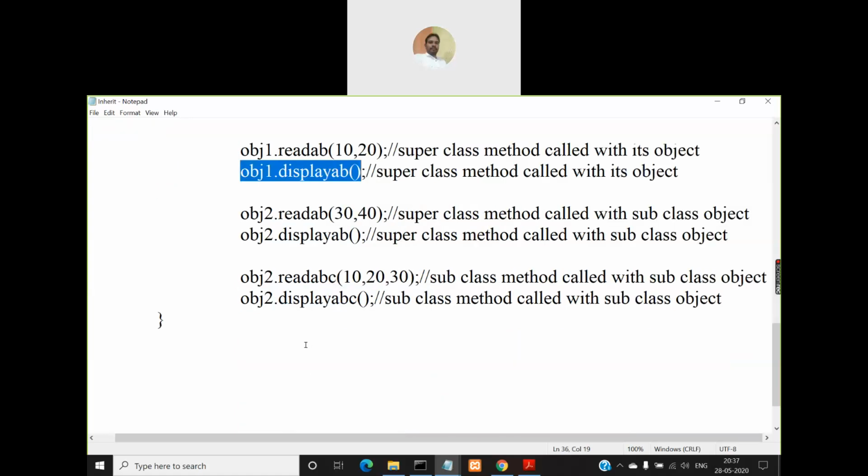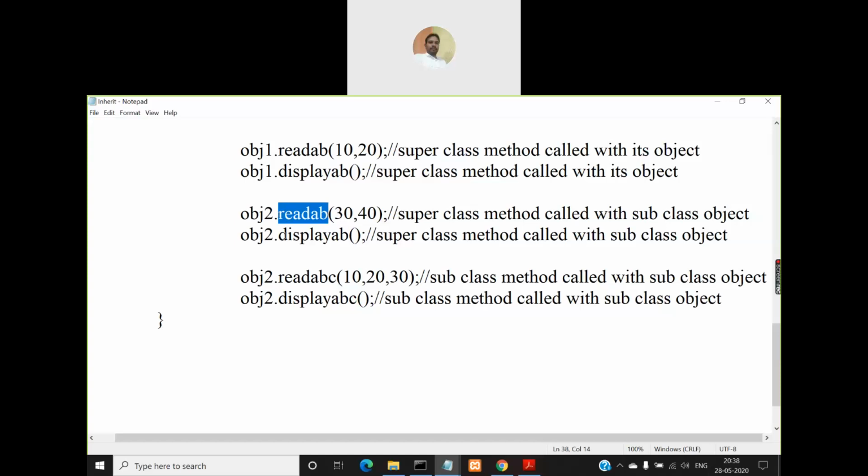Then using obj2, I'm calling the readAB method. Actually readAB is a method of class A, but I can access it using the class B object because class B is a subclass and will have members of both class A and class B together. So I'm passing 30, 40. This is also a valid statement.